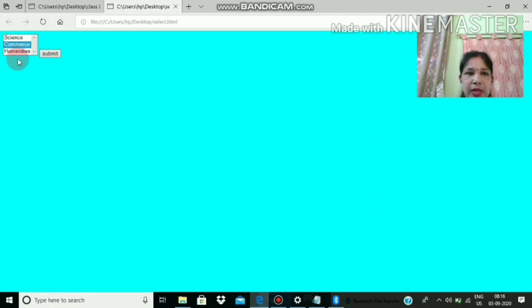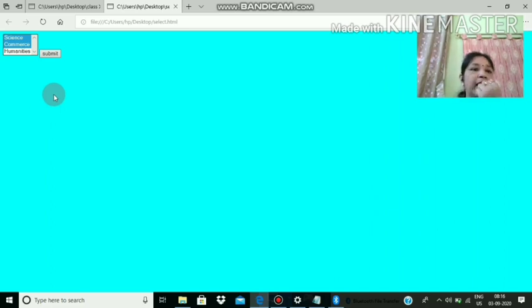All the 3 values are shown. Now press the Control key and try to select Science also. Now 2 values are getting selected. So we have used all 3 attributes of select: name, then size for adding the scrolling effect to the control, and last the multiple attribute, which does not have any value. If you want to select more than one option, you have to use this one.